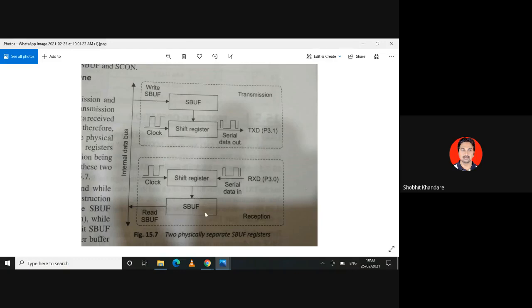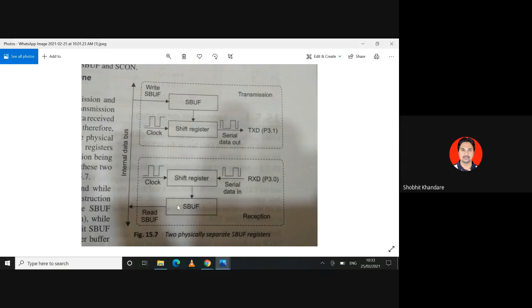And once it is stored into the SBUF, then actually we are reading the SBUF. Can you see a read SBUF? So can I say this SBUF is only for reading, as that one is only for writing. So we are going to read this SBUF. Then how do you read SBUF? Can any one of you tell me now? Just as I told you for the write, how will we read?